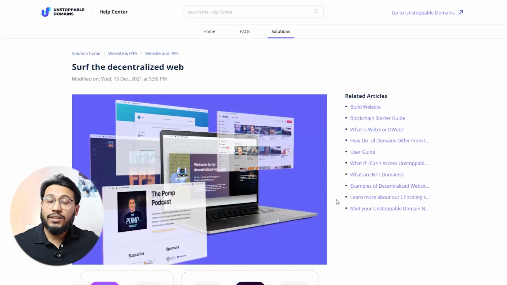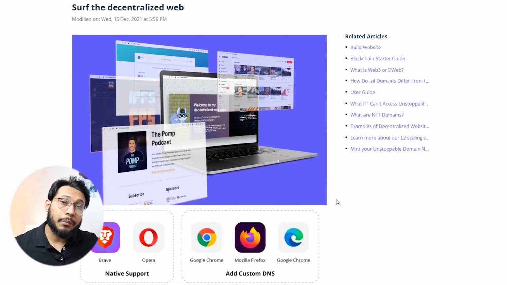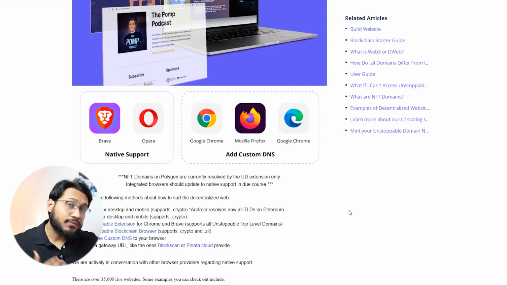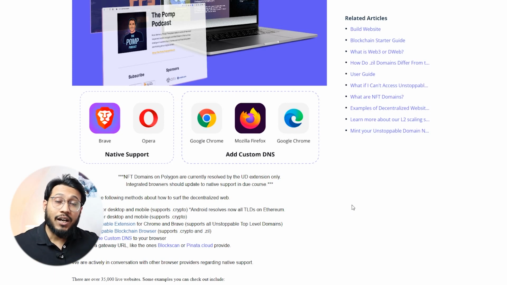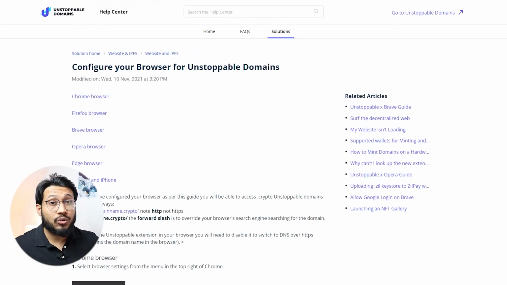As your website is decentralized, you cannot simply access it using Chrome or Firefox. You'll need to visit this domain using a special link or add custom DNS to your settings in Chrome or Firefox. To serve the decentralized web, you have certain options. For example, Brave and Opera browsers have certain native support for the .crypto domain name. However, for Google Chrome, Firefox, or Edge, you'll need to add custom DNS, which you can add by following this tutorial here. Once you add the custom DNS on Chrome, Firefox, Edge, or if you use the natively supporting browsers like Opera or Brave, you can now visit your decentralized website.